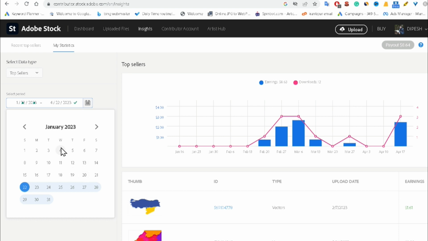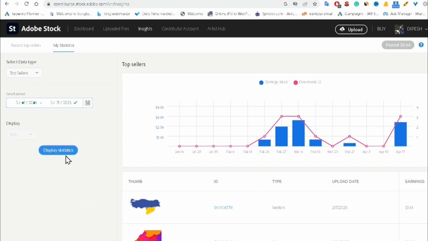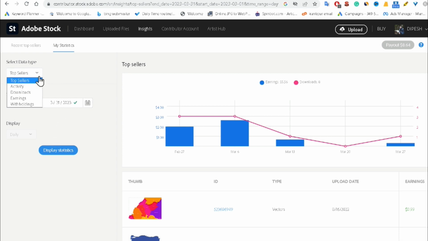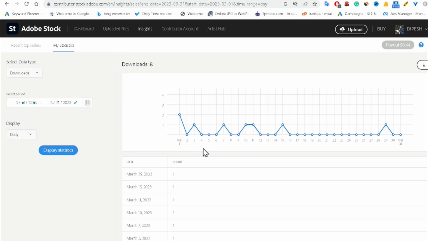I'm going to choose the March month from 1 to 31. Then clicking on Display Statistics. Now we can see it is giving me the report, and I'm going to click on Downloads. Now we can see I have a total of 8 downloads in the month of